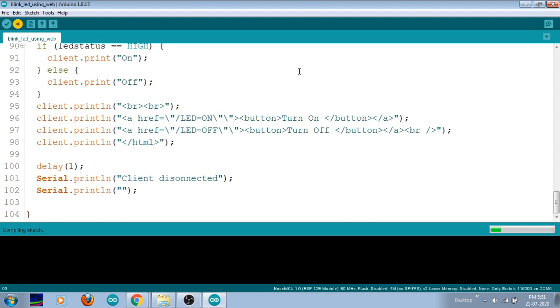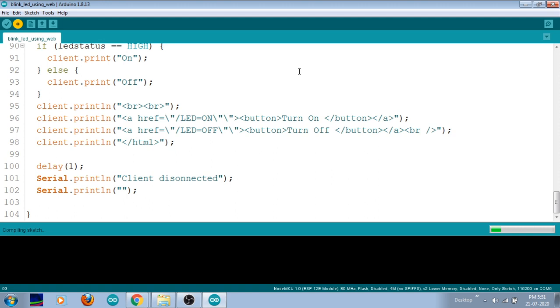Now you have to go to a browser, paste that link and press enter. Now you can see there are two buttons created. One will be turn on and another will be turn off. Initially the LED pin may be in the turn off mode, because we connected it with 0, that is a low connection, right? So the LED pin may start with 0, as we represented. So the LED status is off, and we have created turn on and turn off buttons.